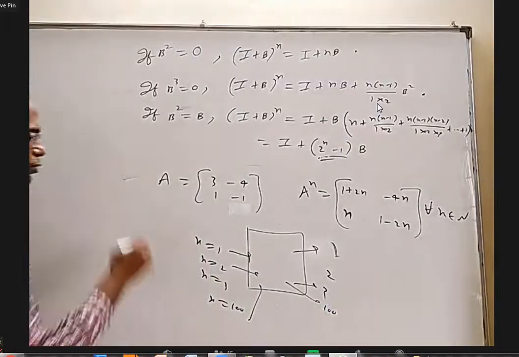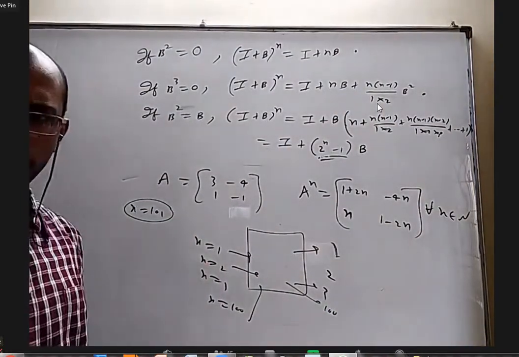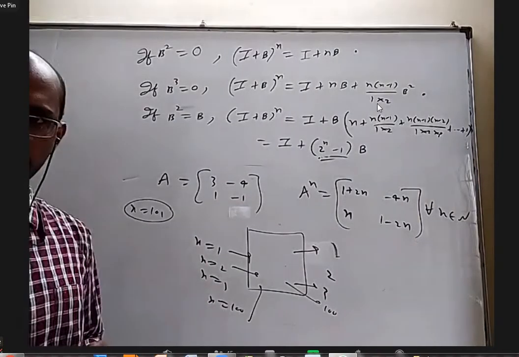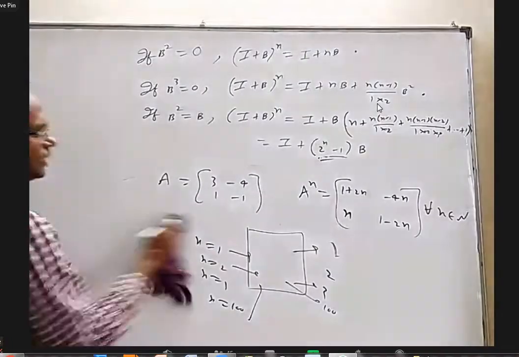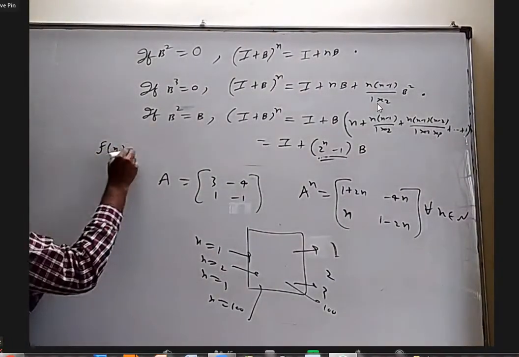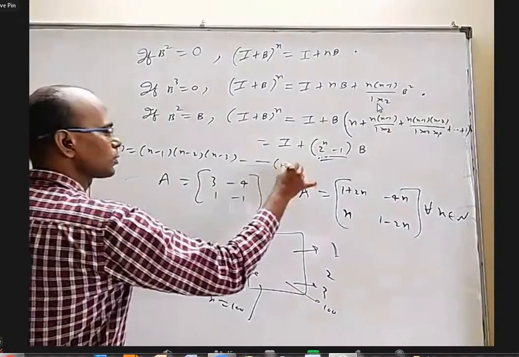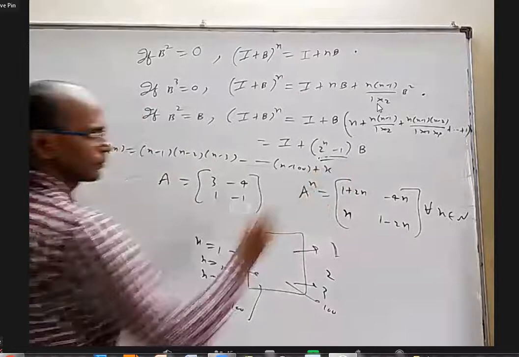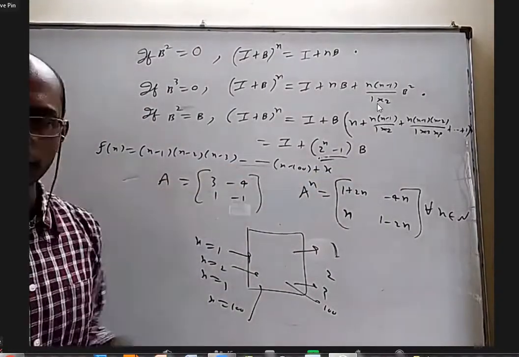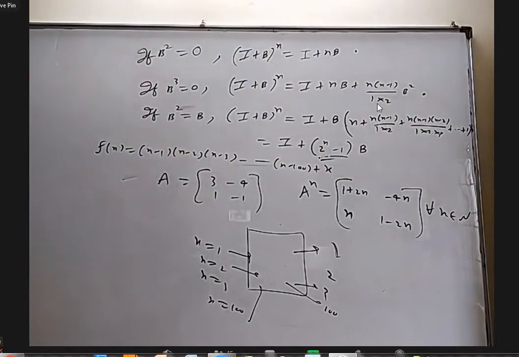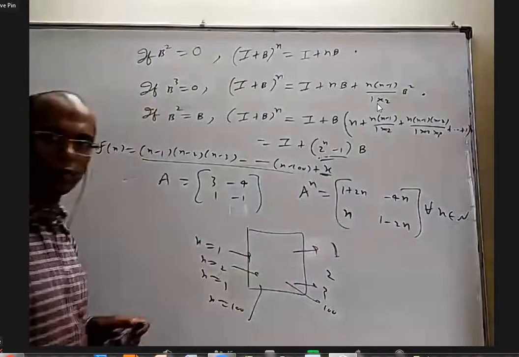Can I say for sure, if I put x equal to 101, the answer will come 101? Up to 100? Yes, sir. Okay, this is a polynomial. Let us look at a particular polynomial. f of x is x minus 1 into x minus 2 into x minus 3, and so on up to x minus 100, plus x. Now you tell me, if I put x equal to 1, what is the answer? 1, because this whole thing is 0, but x is there. The answer will be 1, right?